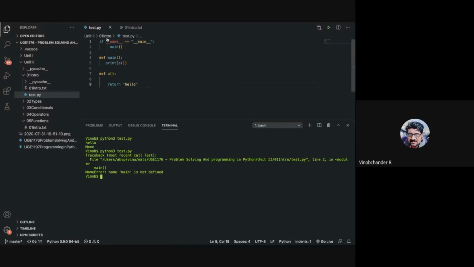Your point is right. So even if you have this as the first sentence, forward declarations are kind of supported or not supported. But they should work, no, sir? See, as I have said, by default, out of the box, forward declarations are not supported. Am I clear, or any doubts? As you can see here, if name is equal to main, you are calling main. So forward declarations in this particular case are not supported.